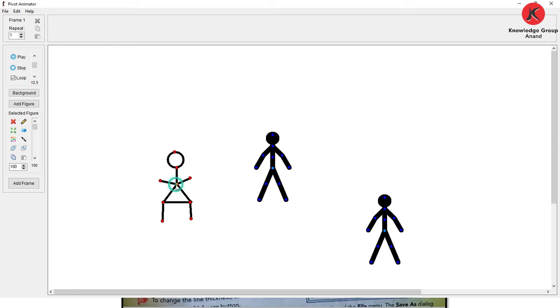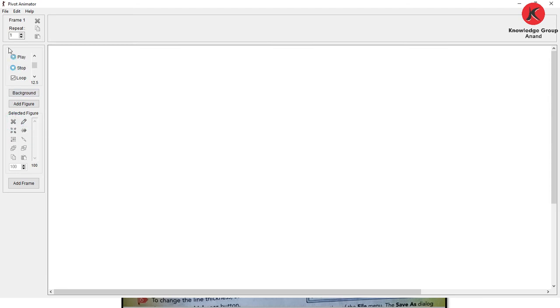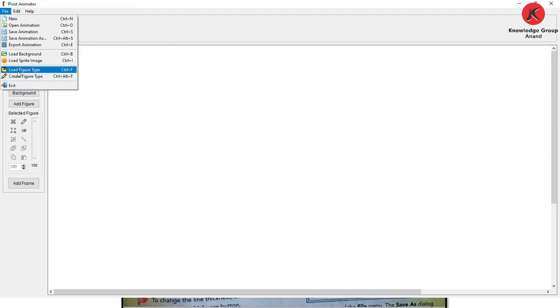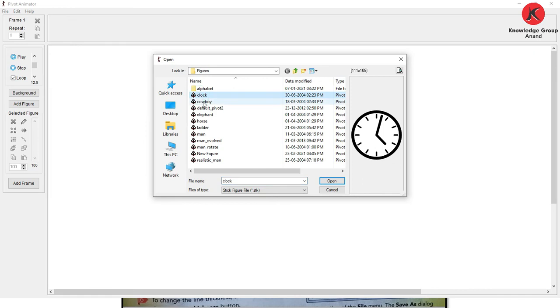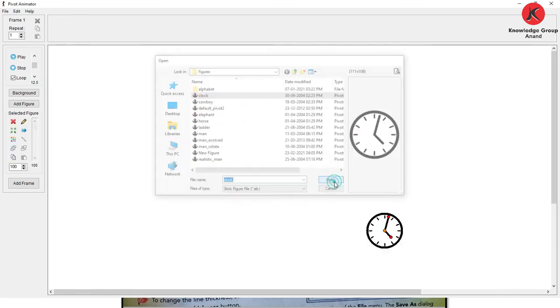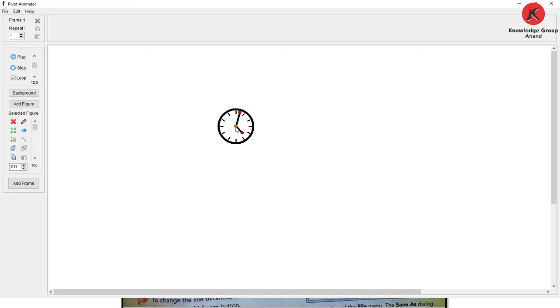Next we are going to learn how to animate this. If you want to delete it, select this and yes. Select this one and click on delete. Now we are going to insert another sprite, load figure type, like carve this, select it and open. Now move to the center, increase the size by pressing here 200 and enter. Otherwise press the alt key and drag it.